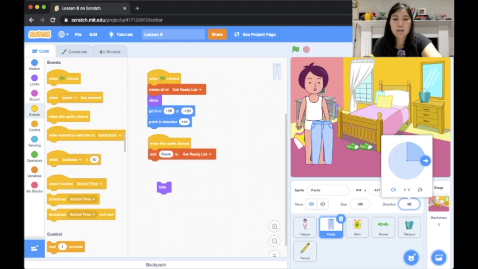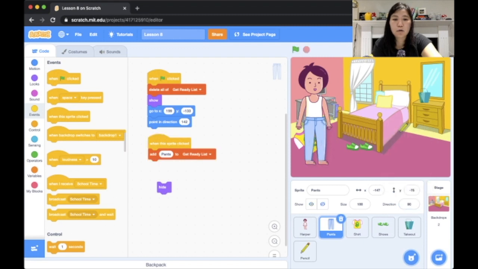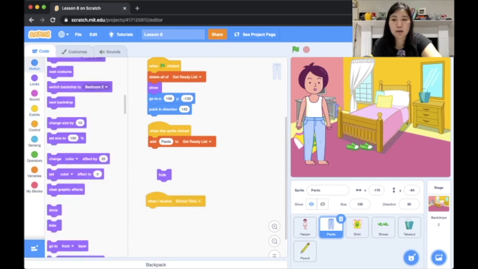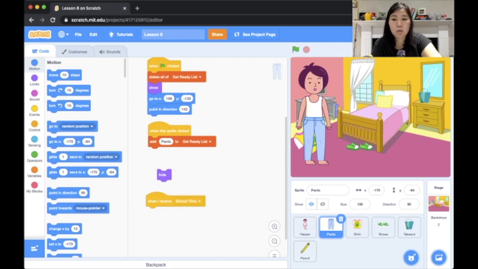Right there. And I'm going to move it over so it looks like she's wearing her pants. And I want this to happen when I broadcast that school time message. So in this case, on my event blocks, when I receive school time, I want to move the pants to this new position. So on my motion blocks, I'm going to go to X negative 170, Y negative 64, and